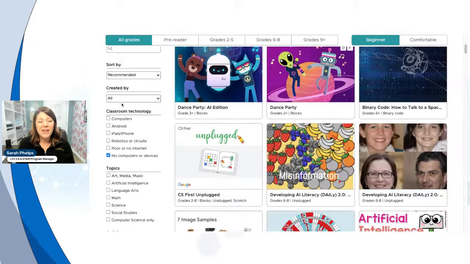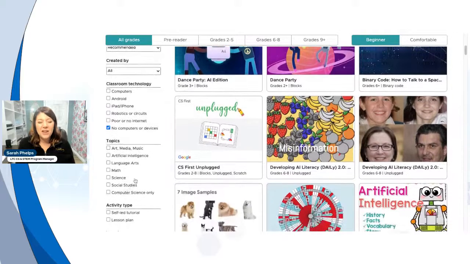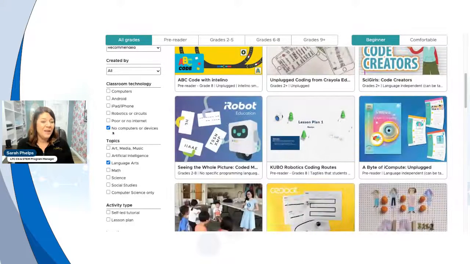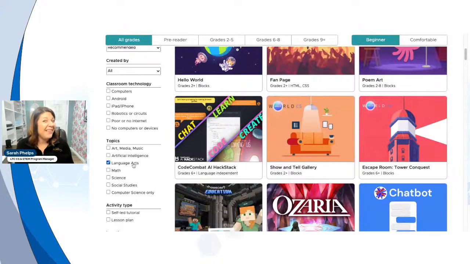You can come down and sort based off of the topic. So again, you can help your students find something that really resonates with them because they're really interested in art or music, or maybe they really love a particular topic. I was definitely a language arts kid, so I was really intimidated a lot of times by math and science. So I would have been really hip if I could have come down and said, okay, I love reading.